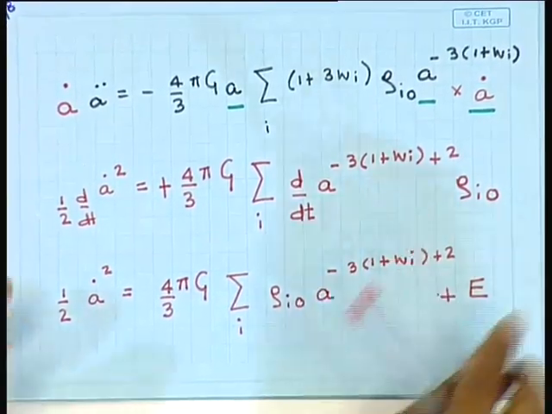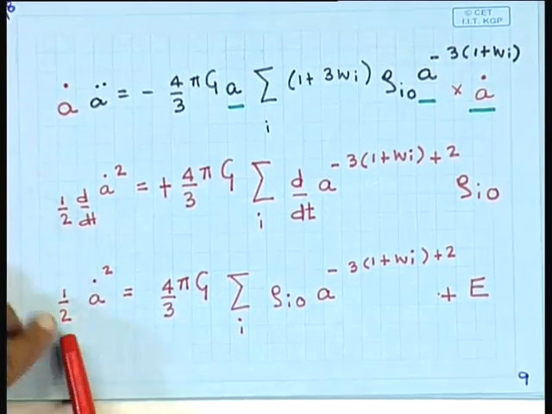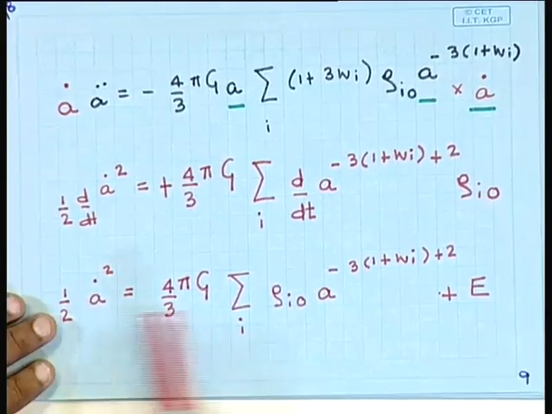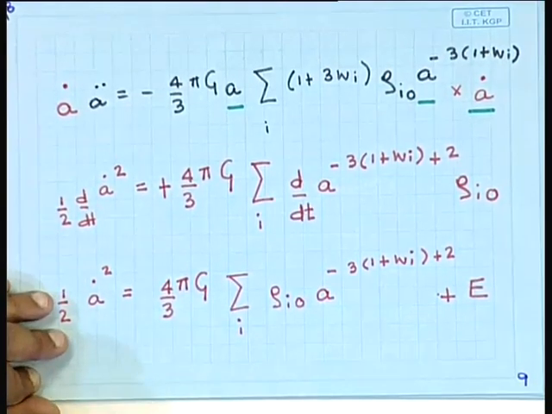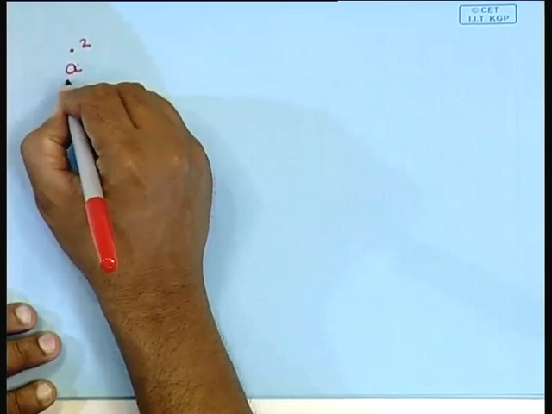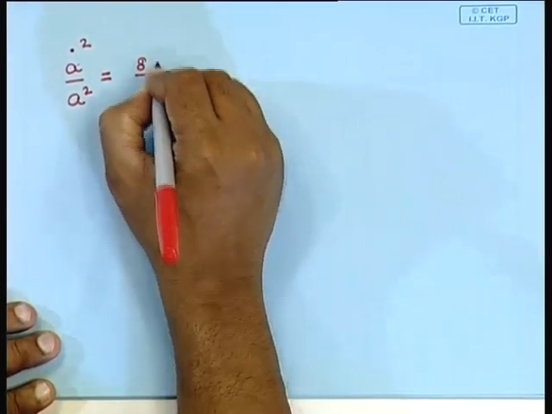Now, it is convenient to write this equation in a slightly different way. So, let me do that. To write it in a slightly different way, we multiply it by 2 throughout, that is the first thing that we do, and then we divide it by a square throughout. So, if I multiply by 2 and divide by a square, the equation that we arrive at is a dot square by a square is equal to 8 by 3 pi G,